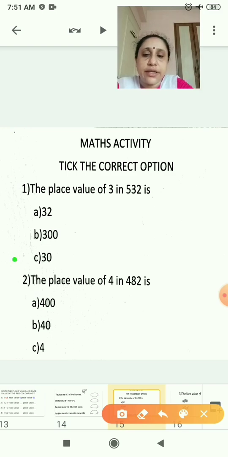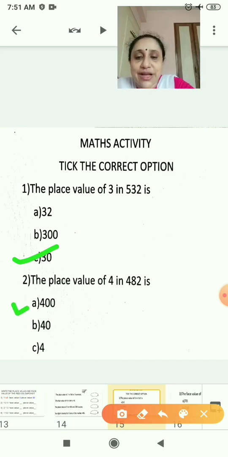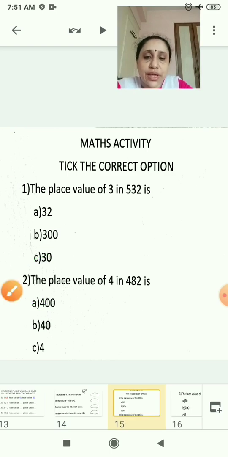Okay, 30. Now number 2, the place value of 4 in 482 is 400. So the answer will be 400. Okay, got it?